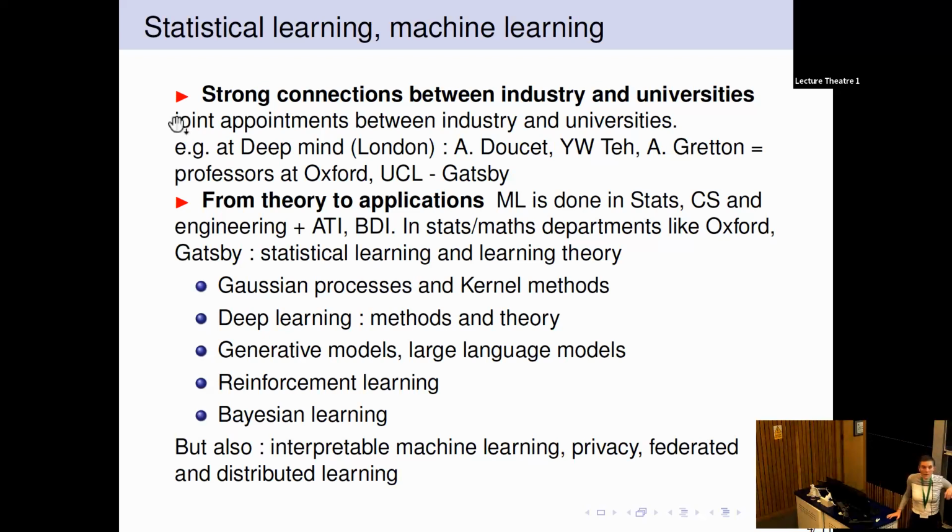And one of the modern aspects of it is that a lot of the data are in small units, telephones and things like that, and you want to make inferences using all these small units, but without the units communicating to one another. And this is called federated learning and distributed learning. And it creates a lot of challenges in terms of computation, but also in understanding how to make reliable, robust, efficient inference while not communicating to one another too much. So these are really very active research areas in the UK, in all these places I mentioned, and I've probably forgotten some.